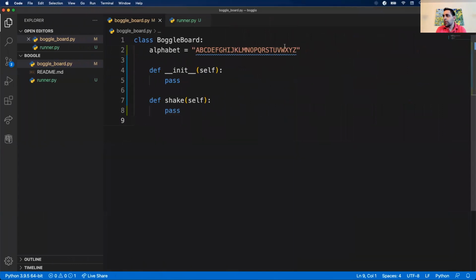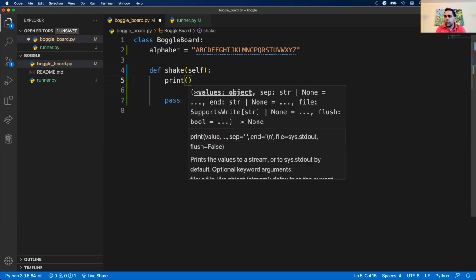All right, so I have my alphabet. My init method right now, I don't think I need anything that I need to pass in there. So I could just have an empty looking init method. I could even get rid of this if I don't need it. It's totally fine not to have an init method. If you don't have one, a default one just gets created behind the scenes. But my shake method needs to do something. I need to print out, let's see. So I could do something like,